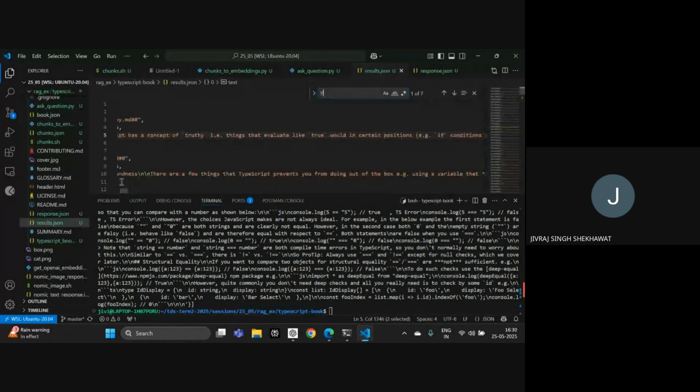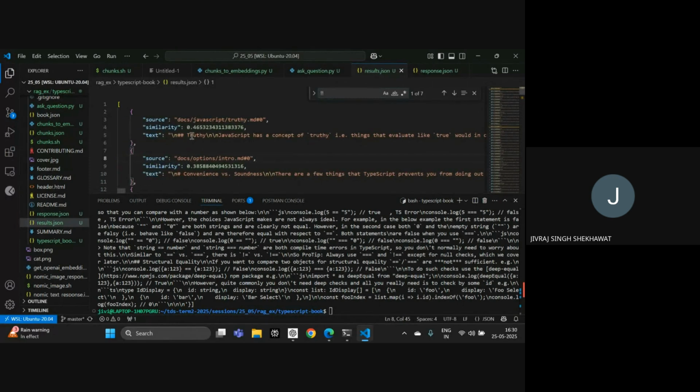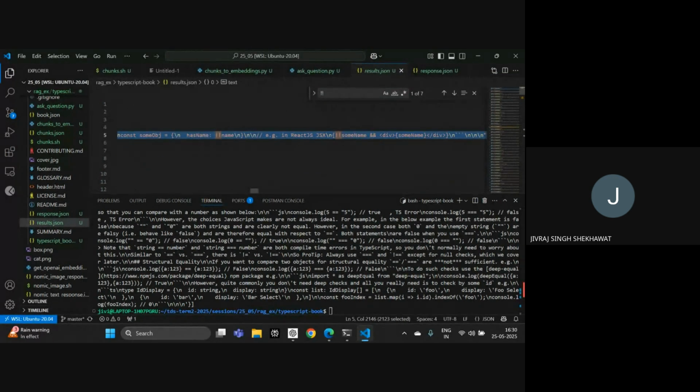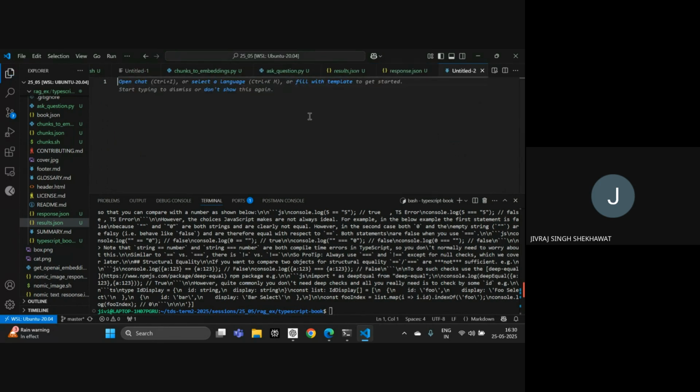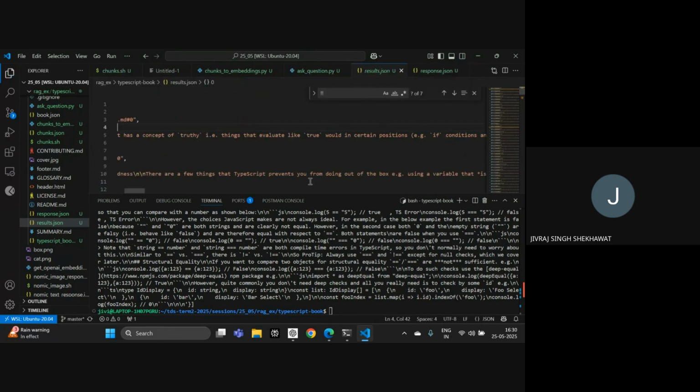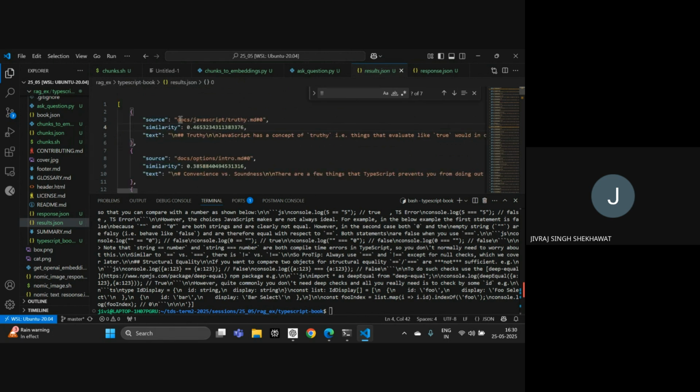Let me first read this whole thing. Let's take it to a file so that we can read it easily. Oh, why are we doing this? We already know which document it is. So under docs underscore JavaScript truthy.md. This file has